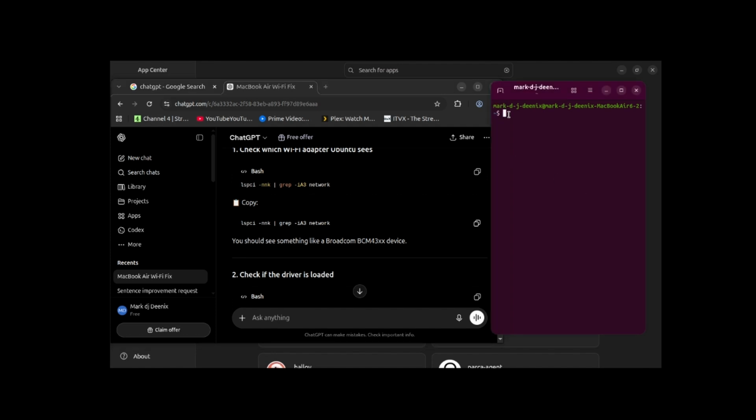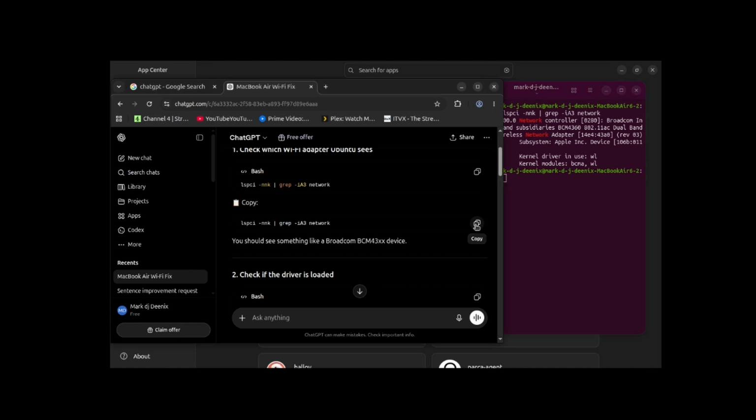So on a PC it would be Control-C to copy, Control-V to paste. In Linux it's Control-Shift-V, and you can see the link just appeared there. So if I go enter, and what we have to do is we have to tell it stuff. So we're going to go to the next link now, and we go back here,